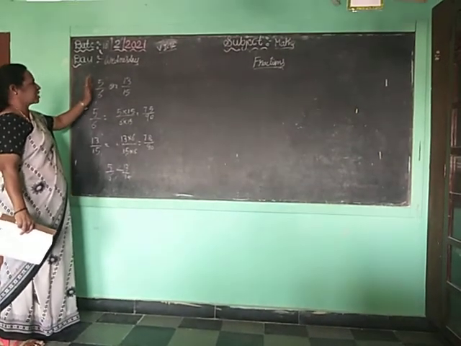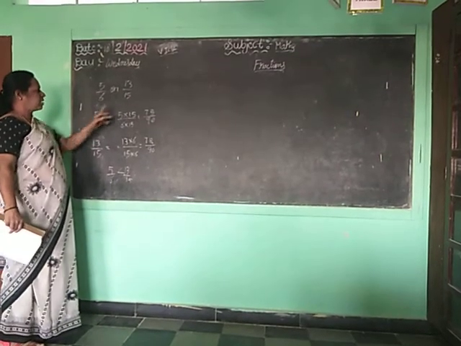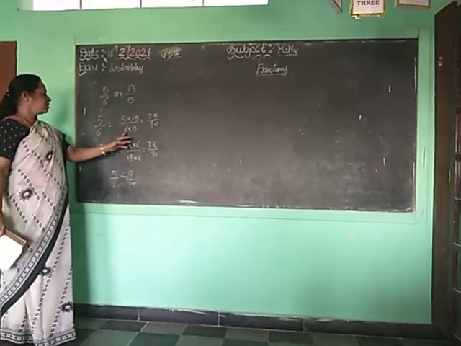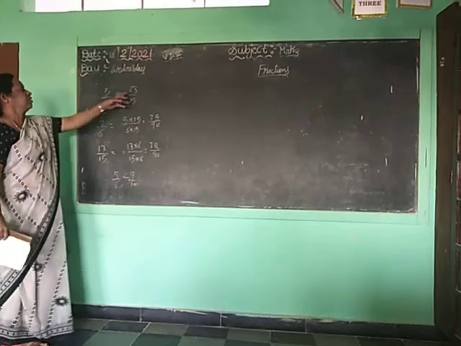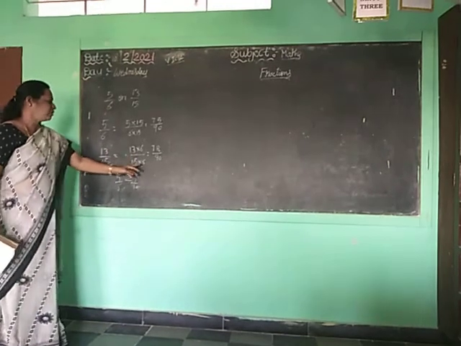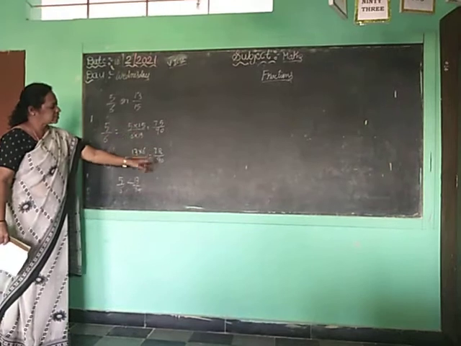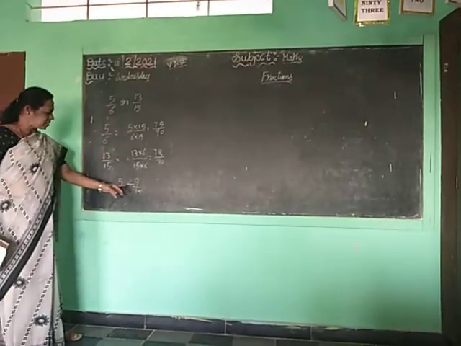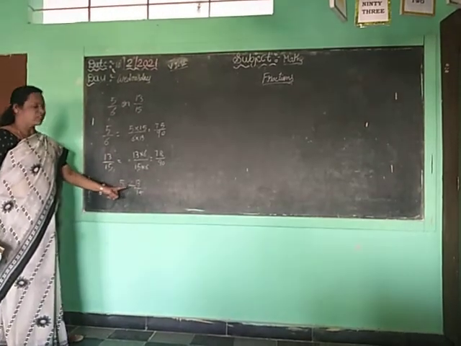You have to multiply one fraction with the denominator of the other fraction. See, 5 by 6 fraction I multiplied with the denominator of the other fraction. That is 5 into 15 is 75, 6 into 15 is 90. Again I took 13 by 15 and multiplied with the denominator of the other fraction. That is 13 into 6 and 15 into 6. So I got 78 by 90. So is 75 by 90 greater or is 78 by 90 greater? 78 is greater. So I wrote 5 by 6 is less than 13 by 15. So this 13 by 15 is greater. So I put the sign this side.